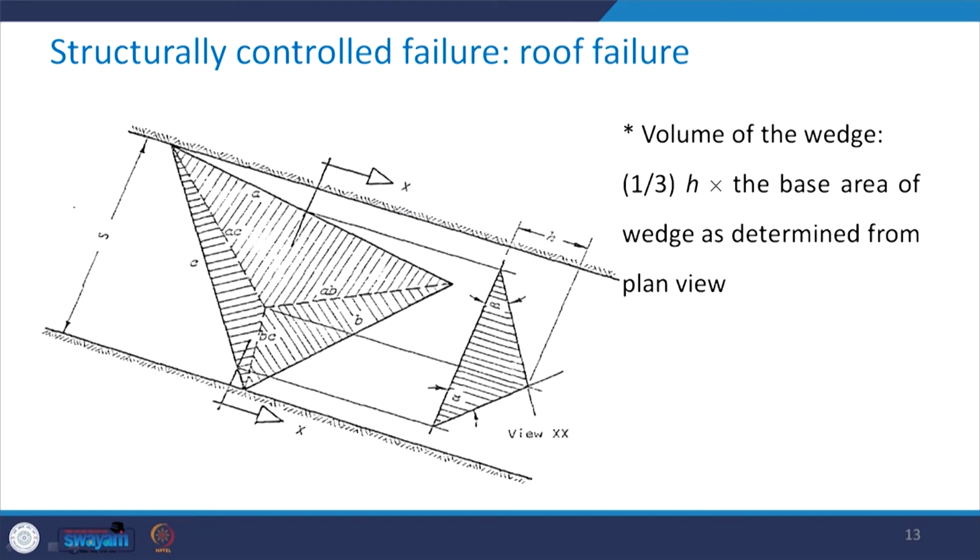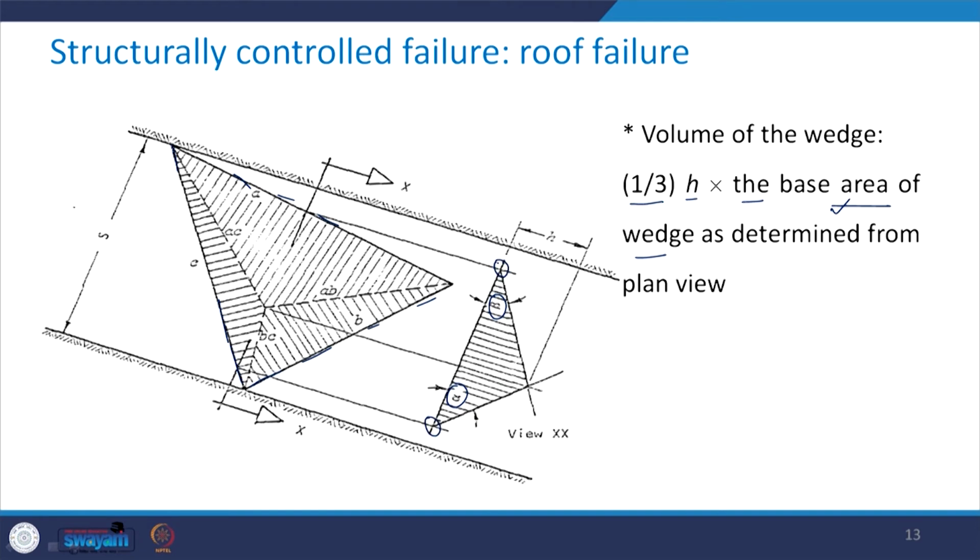Now, how to obtain the volume of this wedge? That is going to be 1/3 of the height into the base area of the wedge. Now, how to determine this base area? See, you know the sides of these triangles, so one can find out this area, and knowing this angle alpha and beta, and you know these 2 points